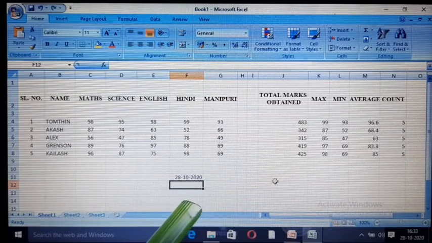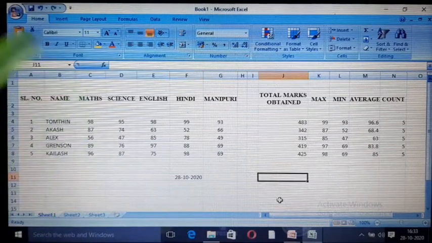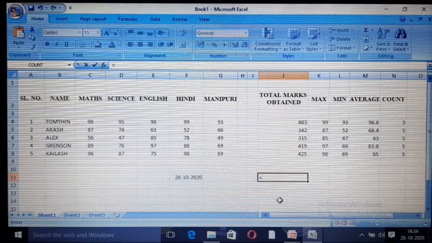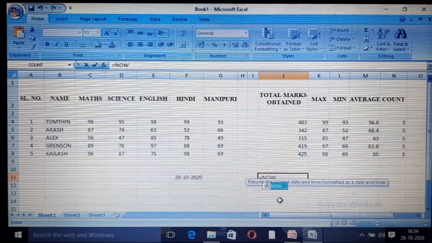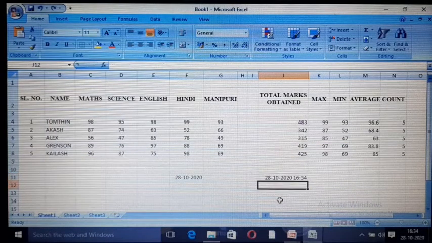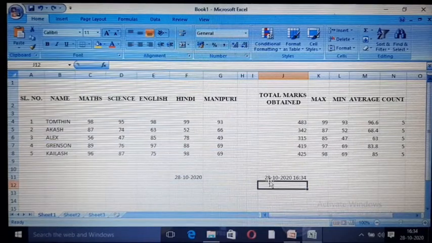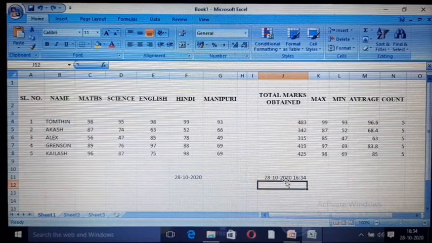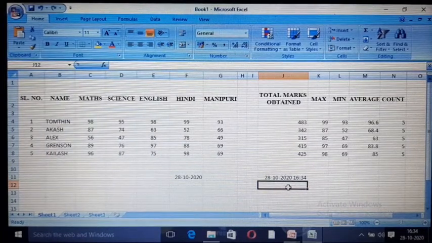Now if you want to display both date and time, for that you have to write equal to NOW, then open bracket and close bracket and press enter. Now it displays the time and the date also. Date and time both are displayed here. Now time is given in 24 hours, so it's written here